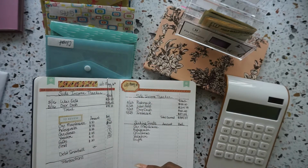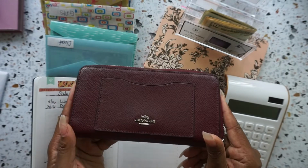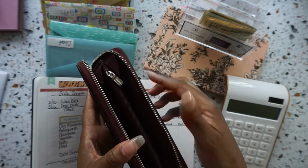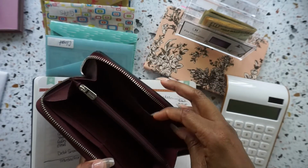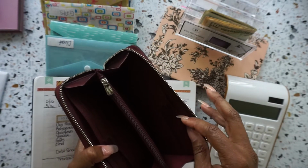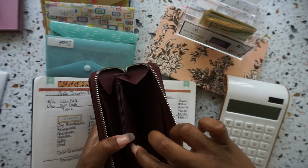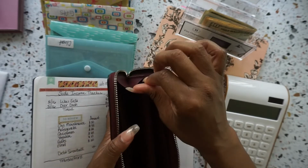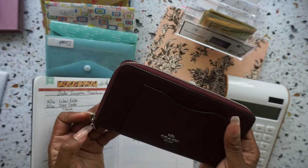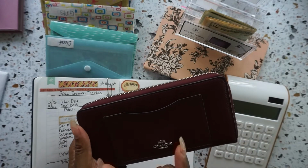Okay. And my other wallet is also a Coach wallet. This is the accordion wallet. It has a card slot here, and then it has a zip around, and you have 2 compartments on each side. It has, I think, 12 card slots. Section here, and then you also have your coin section here. So for those out there who use not cash envelopes, but maybe you have like sections or the smaller envelopes,